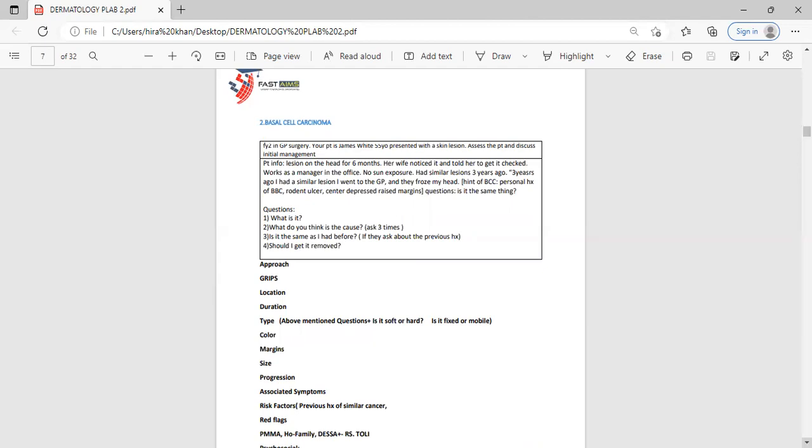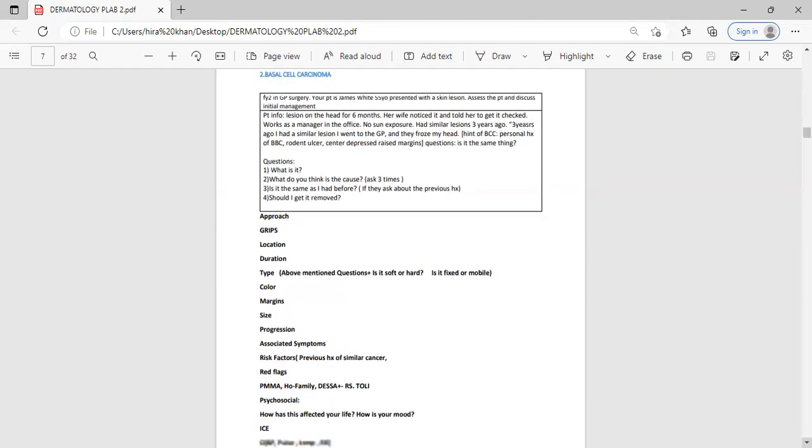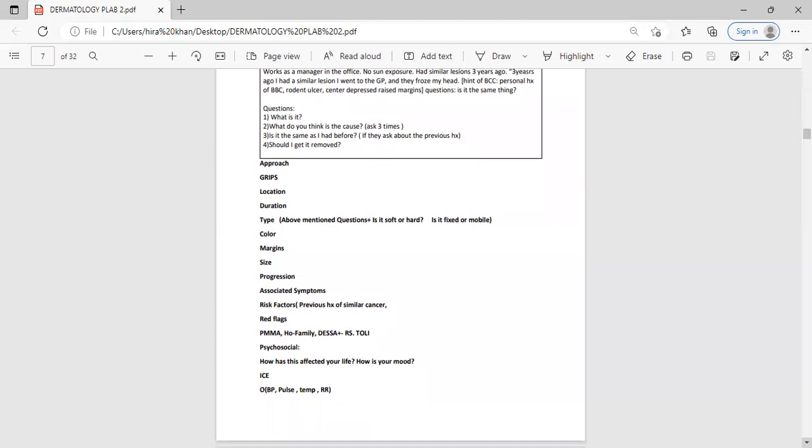Now, the questions of the patient is, what is it? What do you think is the cause of it? It's the same as I had before. Should I get it removed? Now, the approach you are going to follow is the same approach. You are going to greet the patient. You are going to ask about where is the lesion, how many lesions do you have, and for how long